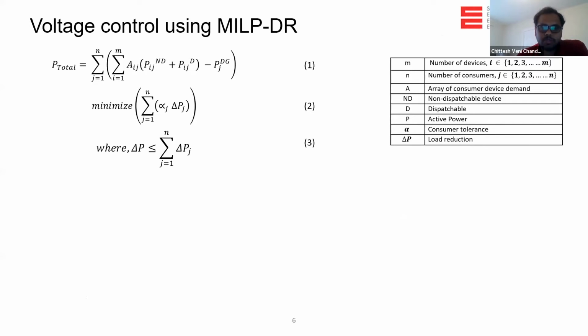Now, what we did was that initially for demand response, we used mixed integer programming to compute the load reduction by individual consumers. For any demand response, we know that there would be a demand reduction request based on which the amount of curtailment is done. Here we don't have a demand reduction request. So whenever there is an under voltage, we first assume that there should be a 5% reduction to manage the under voltage.